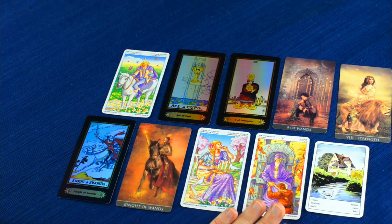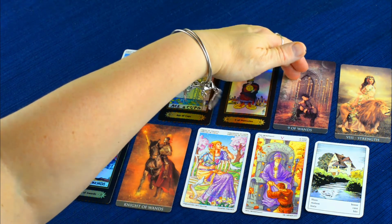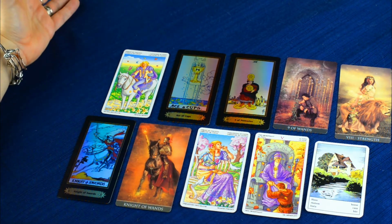Ask other people their advice, and get some wisdom there. Do the contemplation. I love all this nature stuff too. Just contemplating out in nature. Sometimes just sitting out in your backyard or in a park or somewhere where you can just sit and think, I think is maybe a really good idea